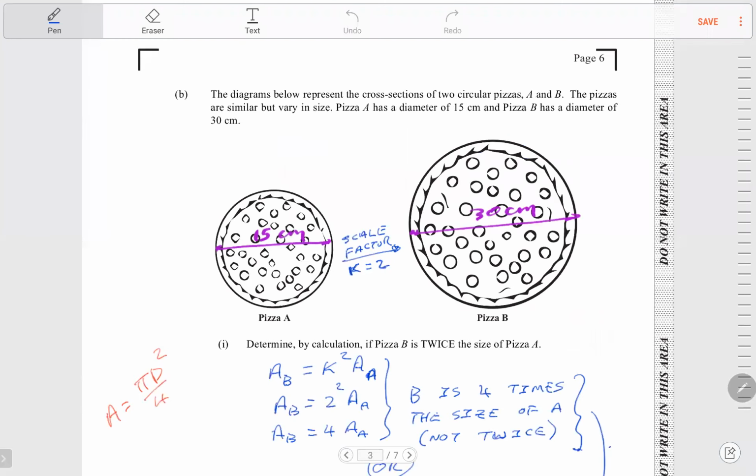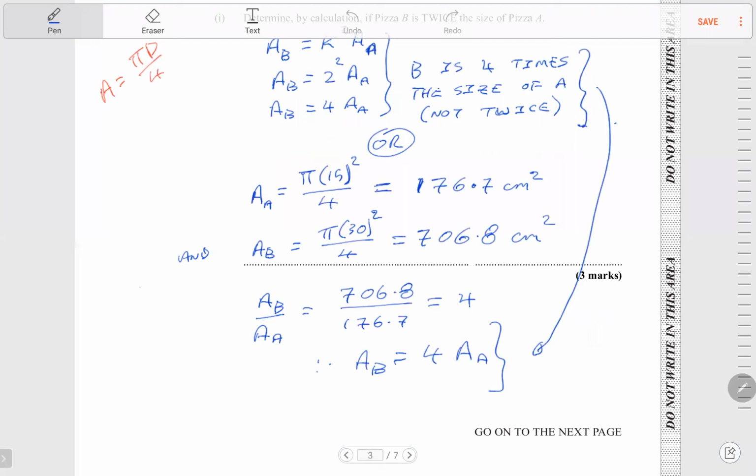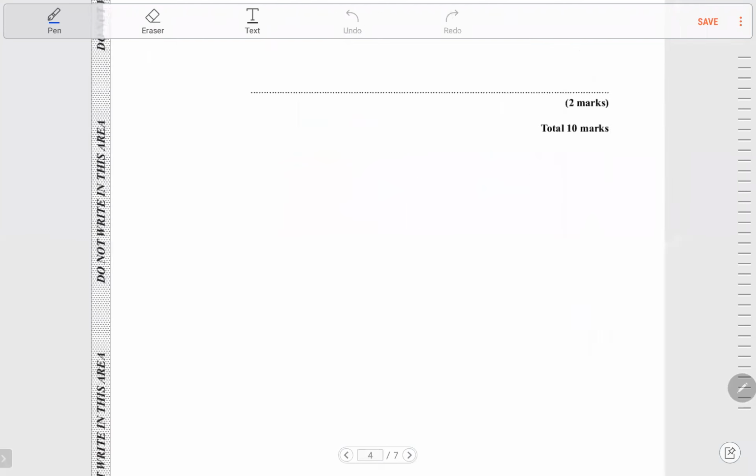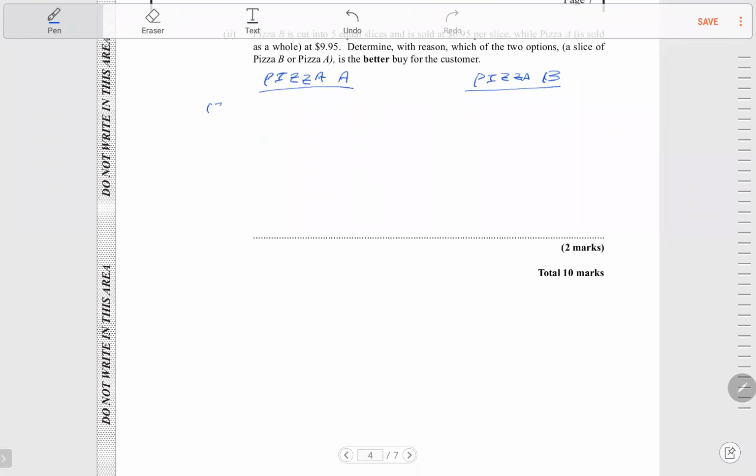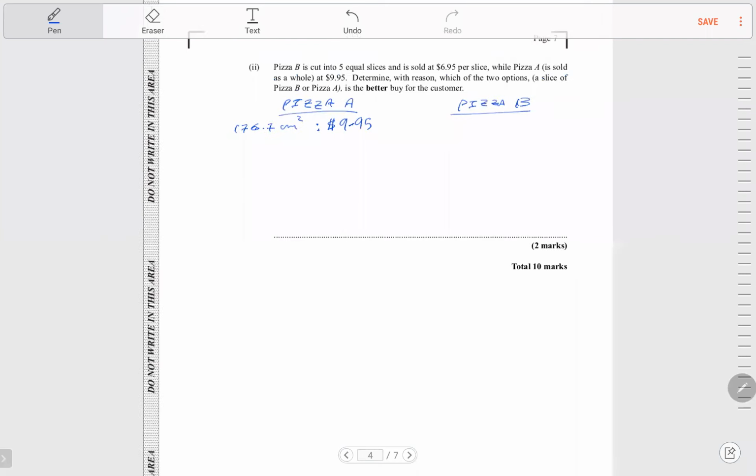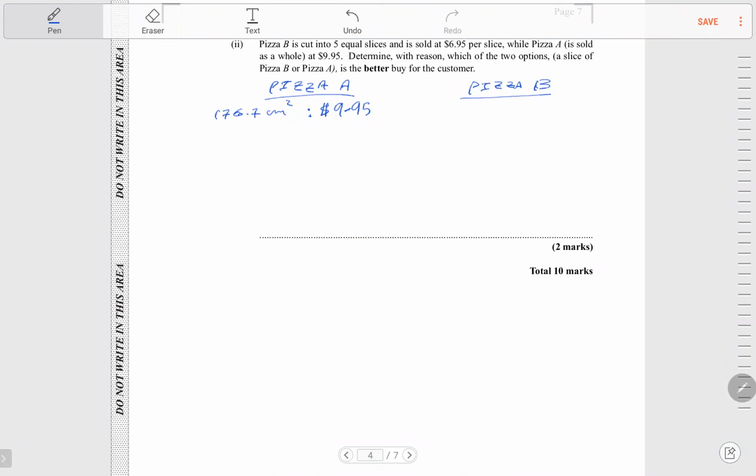Pizza A's area was 176.7 centimeters squared, for $9.95. And for pizza B, they divide the area by 5. That area was 706.8 centimeters squared, divided by 5, which is equal to